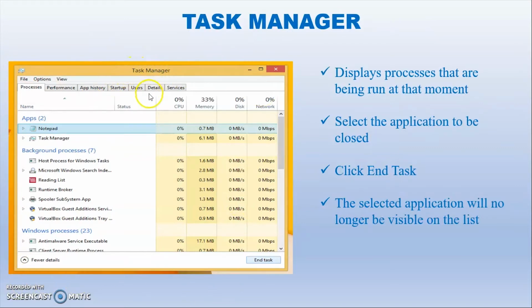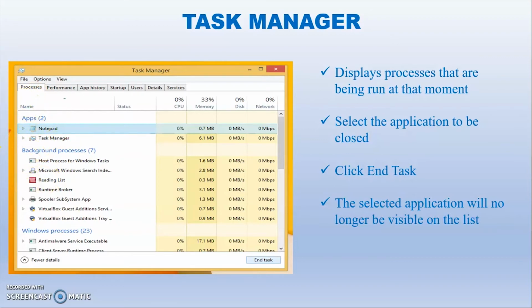The task manager displays the programs which are currently being run by the computer at that particular time. You have to click the option processes, then you can see the list of programs which are being run by the computer. Suppose, for example, the notepad is not working.